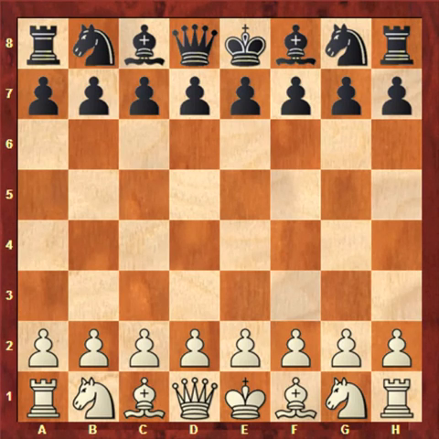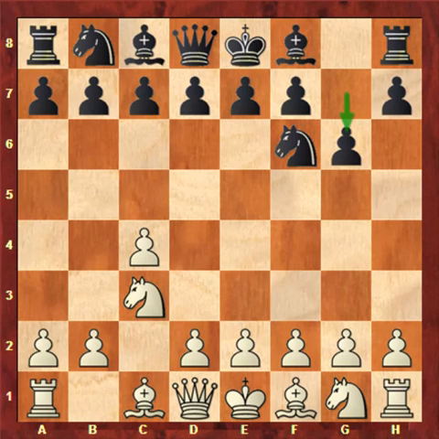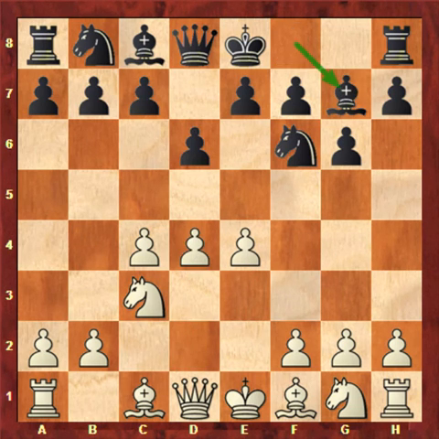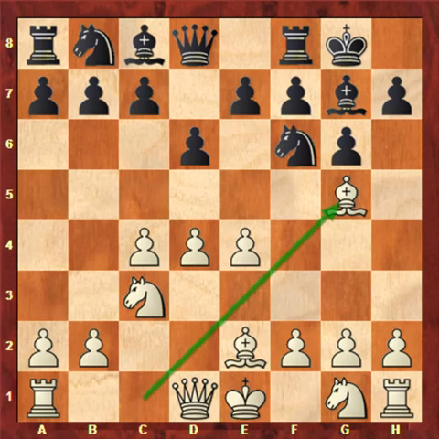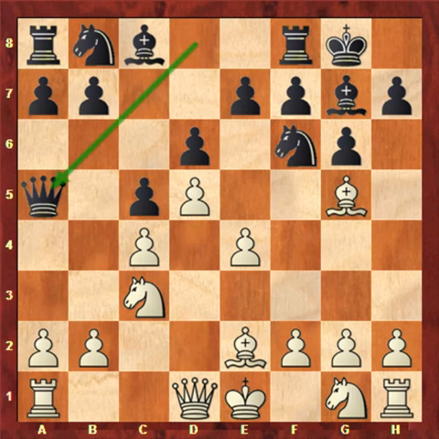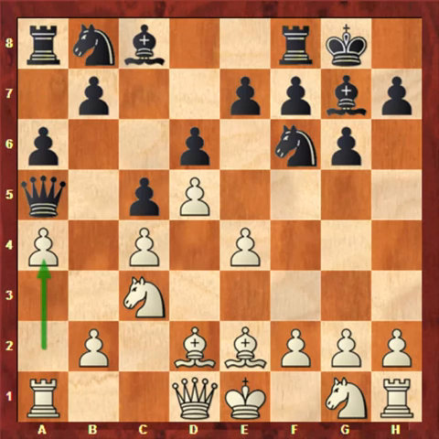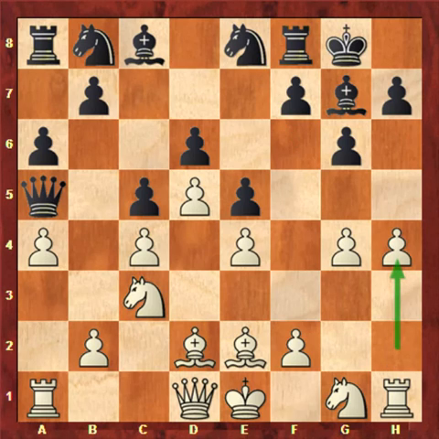White Averbakh, black Spassky, 1956. c4, knight f6, knight c3, g6, e4, d6, d4, bishop g7, bishop e2, Spassky castled, bishop g5, c5, d5 closing the position, queen a5, bishop d2, a6, a4, e5 really closing the center, g4, knight e8, h4, f5,